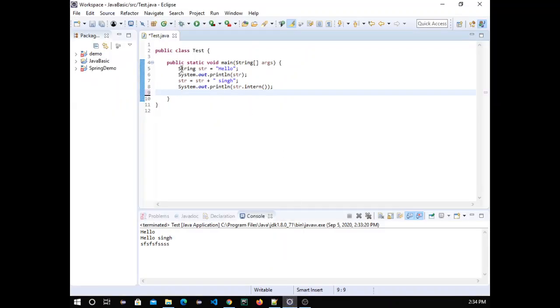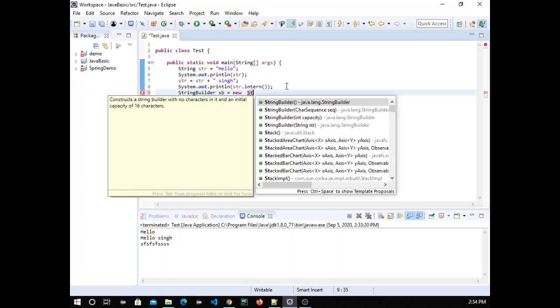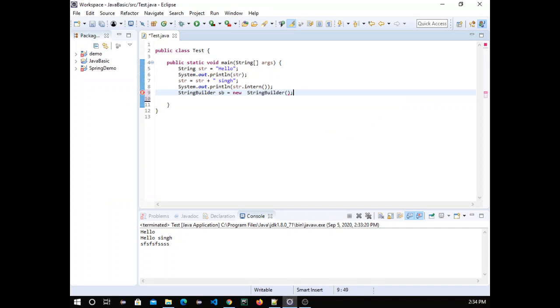A string builder is simply like creating a string variable: type, variable name and the data. We can create a string builder similar to that. This is also a class. So a string builder, we give the variable name, and we can assign any string type, like Bangalore. So this one got created.